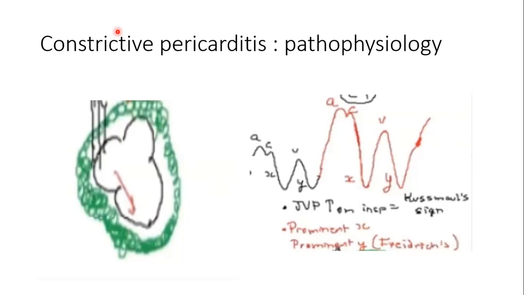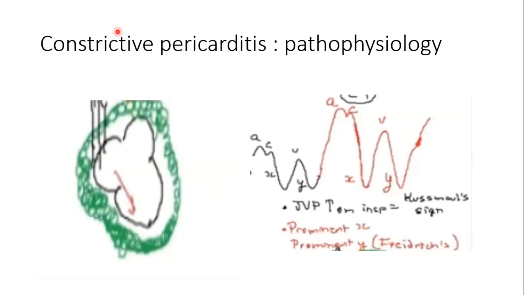I'll go over that again. The second part of the X descent is produced by pulling of the AV annulus towards the apex during ventricular systole. That is what produces the rest of the X descent. Now, that said,